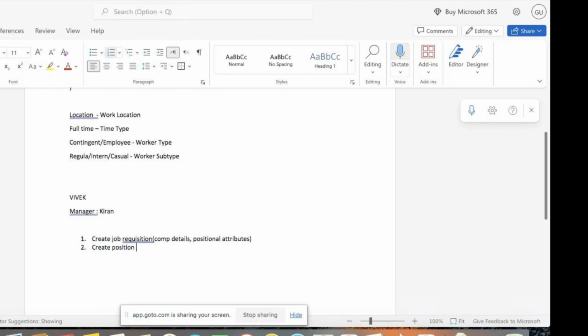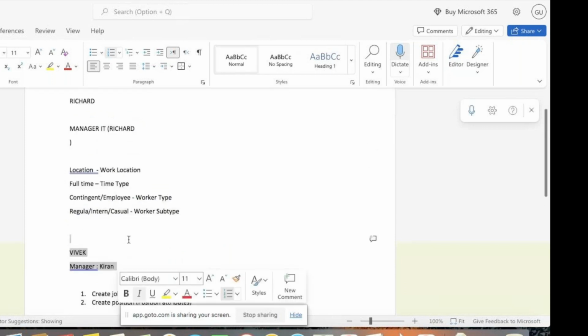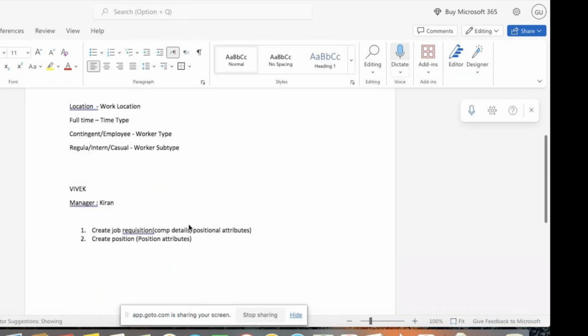Again, in this position, I'm going to input position attributes. Either you can input in the job req and default into position, or if you don't maintain the position attributes in the job req, you can directly maintain them at position level. When I say position attributes, remember all these values: location, time type, worker type, worker subtype. Once I create the position, the third step, my manager will approve the position. Manager approved the position. And then the next step, what happens? Post the position along with the job requisition